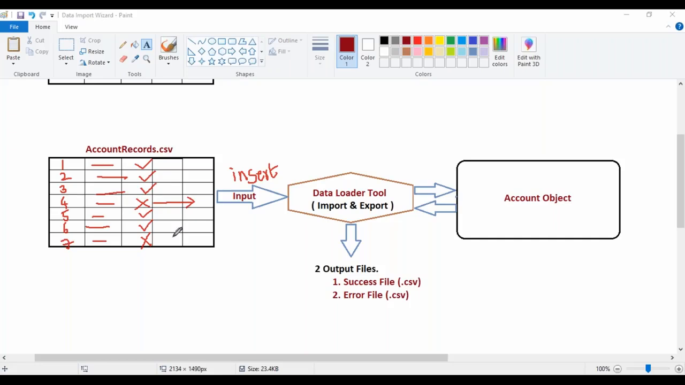Because of that, it is generating two files over here. One is a success file, the second one is an error file. So now tell me, totally how many records have I processed over here? 7 records. Out of these 7, how many records have been processed successfully? 5 records. How many records have failed? 2 records. So the 5 successfully processed records' information will be written inside that success file. The 2 failed records' information will be written inside